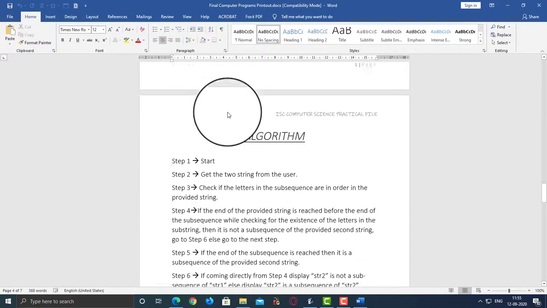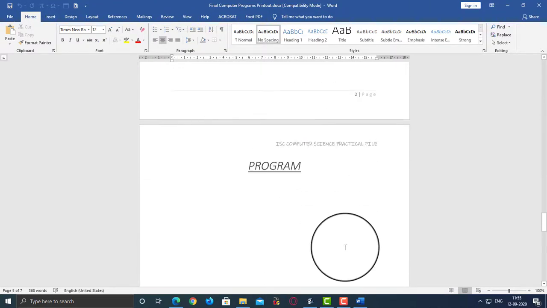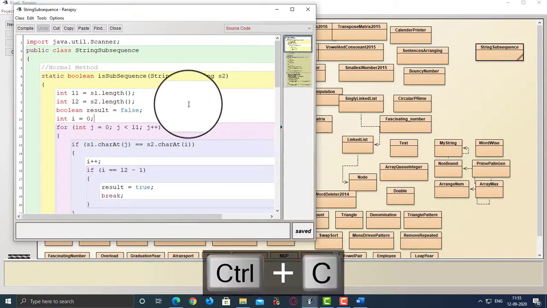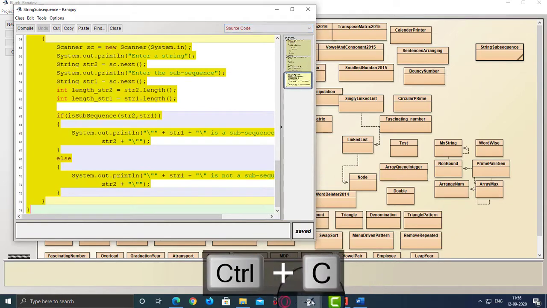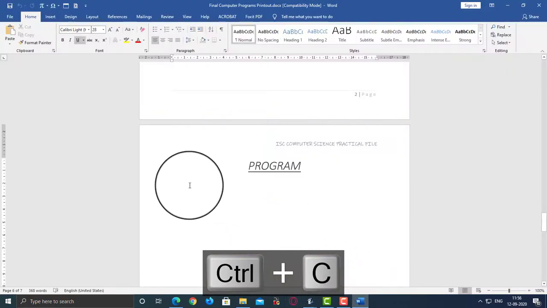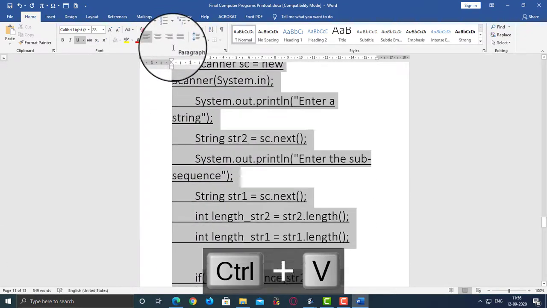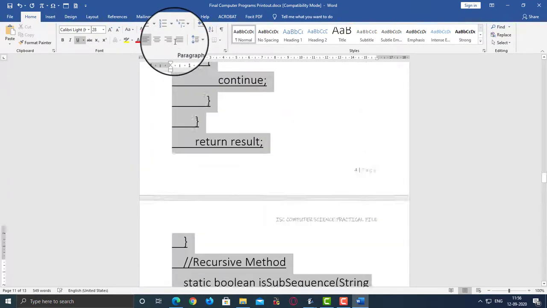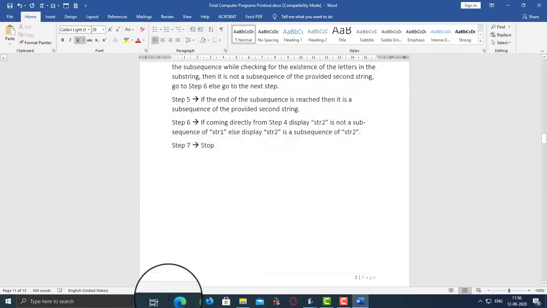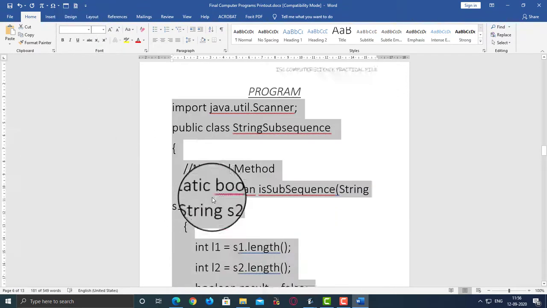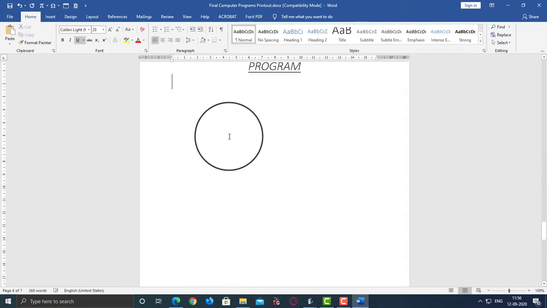Now, how should you paste the program from BlueJ into Word? Now, you could simply copy the program that you have written. Let's say string subsequence is the program that I have written, and you could copy it straight away here. But this doesn't look very nice. Even if you reduce the font size, you let go of the underlining, it still doesn't look that nice. So you would normally want your program to have line numbers on the side and have some sort of a